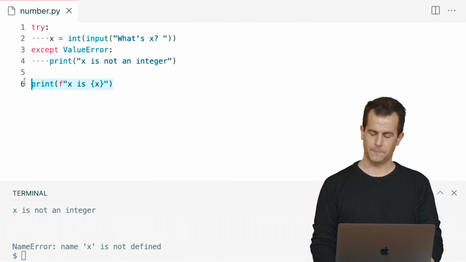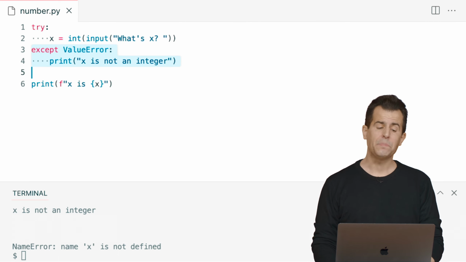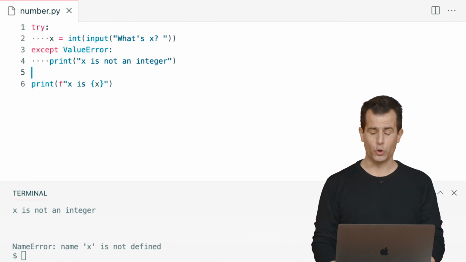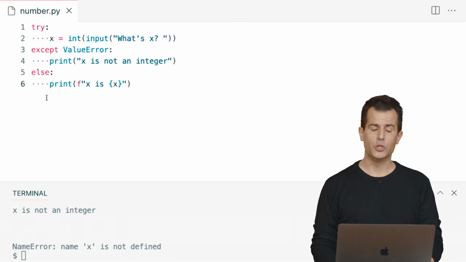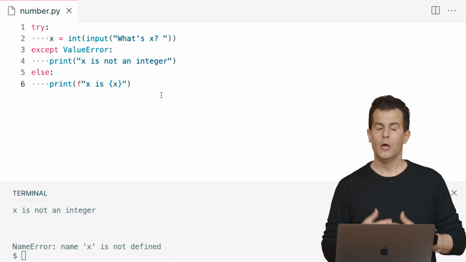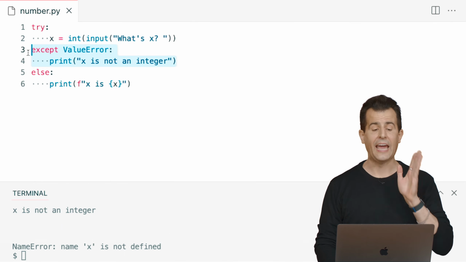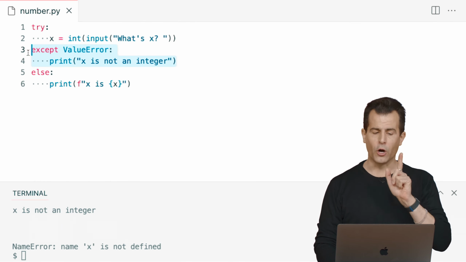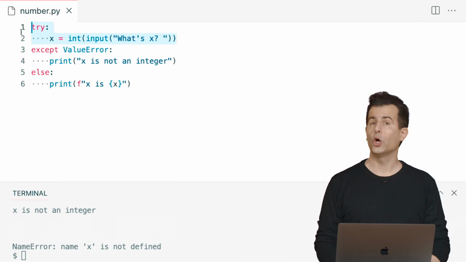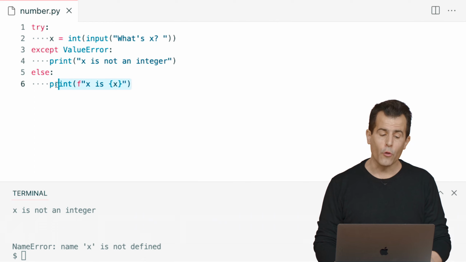What you can do is this. You can try to do the following, as I've done, except if this goes wrong. But if nothing goes wrong, else go ahead and do this. So this is one way I can solve this same problem now. No matter what now, Python is going to try to execute line 2. If something goes wrong, it's going to execute lines 3 and 4 to handle that value error. However, if you try and this code succeeds, then there is no exception to handle, so you're then going to